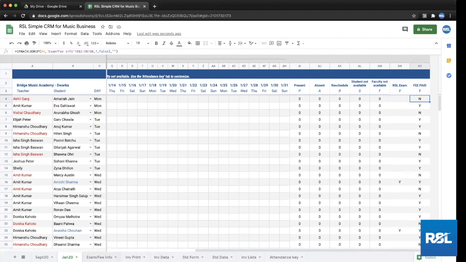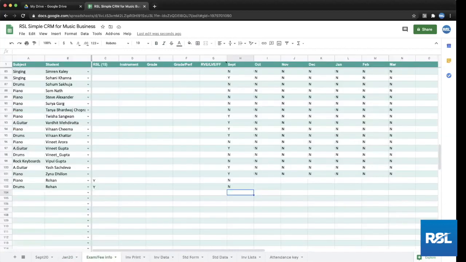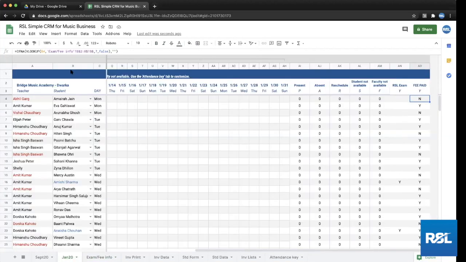How you do this is when you go to the fee and exam info, suppose I have this, so this is column L here, right? You can see that this range is starting at B and going to H, right? So in the alphabetical series, which number is L? L is A, B, C, D, E, F, G, H, I, J, K, L. That's the 12th. So 12 minus 1, 11 number row. You just need to change this number before the false to 11.